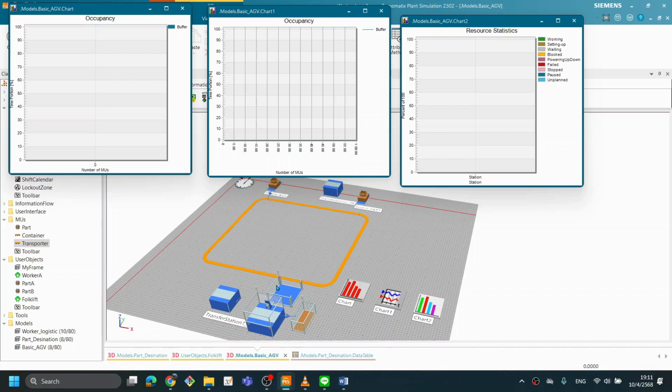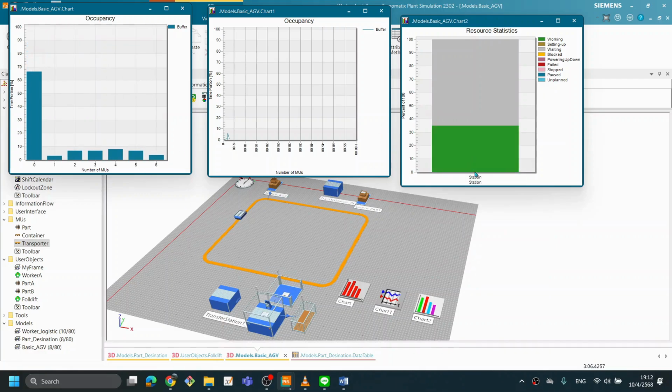And the first time they will have the material, right, they will have the part the station needs to work on, because they will have the part inside of the buffer. Okay, you notice like this. You see it's empty, right? It's empty, and the wait time, right? And okay,